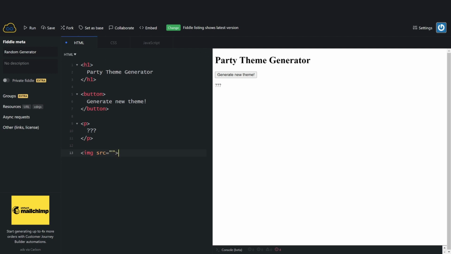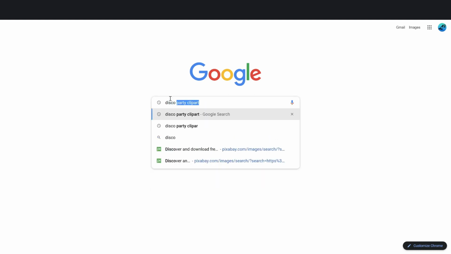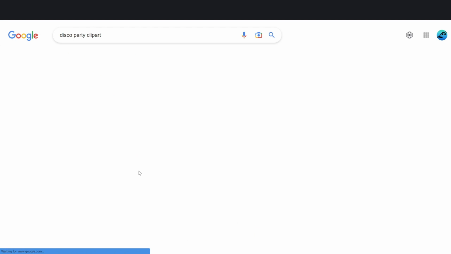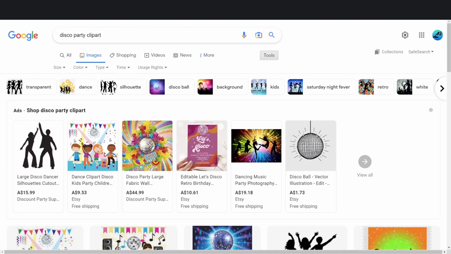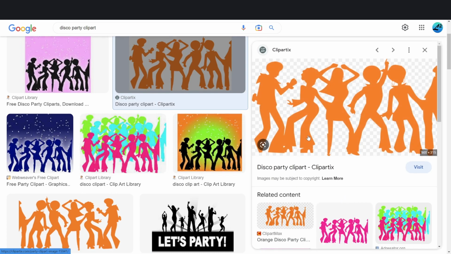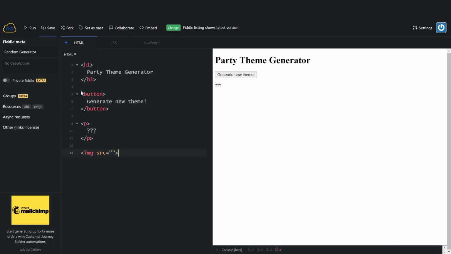and for mine, I'm going to search for disco party clip art. I'll go to images, and I want to go to tools and color and transparent, because I don't want it to have a white square around it, for example. So I'm going to choose this one. I'll right click on it and say copy image address, and I will paste it back in here